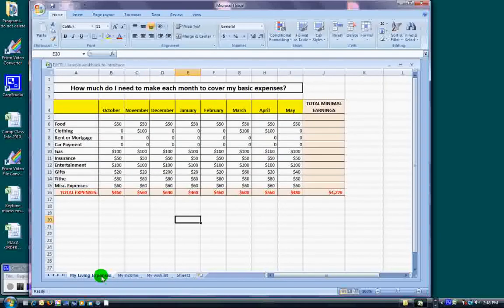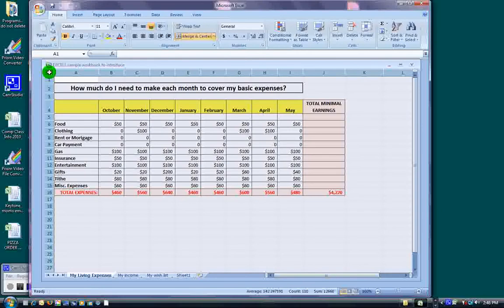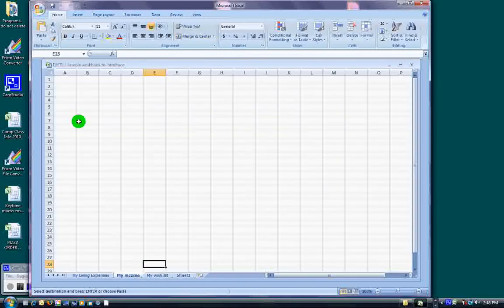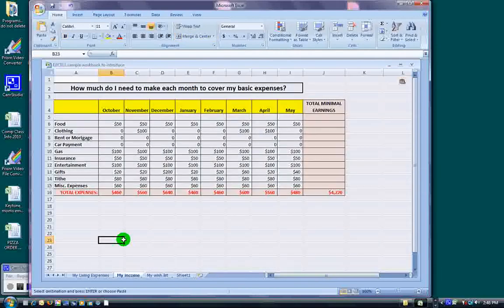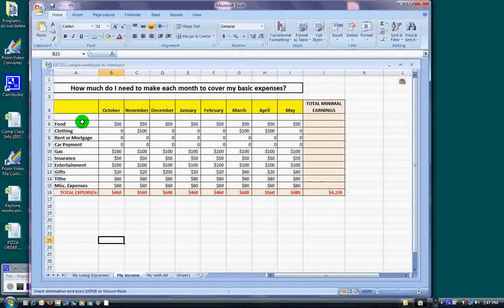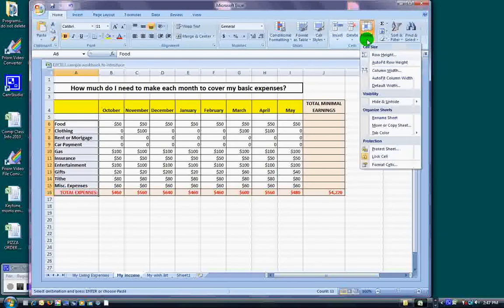If you would like to use the same basic format that you have on this one, you can go up here to the top and highlight the whole thing and copy it. Control C, go to your new sheet, do the same thing, Control V, puts it in there. Now you can take these categories and go up here to format,